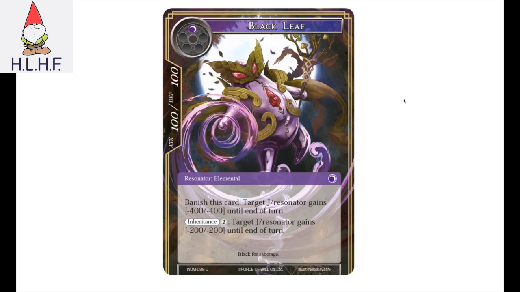It is a 1-cost 1/1 elemental that you can banish to give something -4/-4, or you can inheritance it to give a target J/Res -2/-2. To be perfectly honest, this is kind of the one that I like the least so far, but also potentially, in a guild deck, especially if you have things like Leaf Garb that are a 6/6, right? Being able to inheritance this to make it kind of trade into like a 7/7 or something else like that, I could see being relevant, especially considering the fact that it also targets J-Res. So again, more of a side decky kind of situational leaf for its inheritance effect, but it's still pretty interesting that Gil is kind of getting these